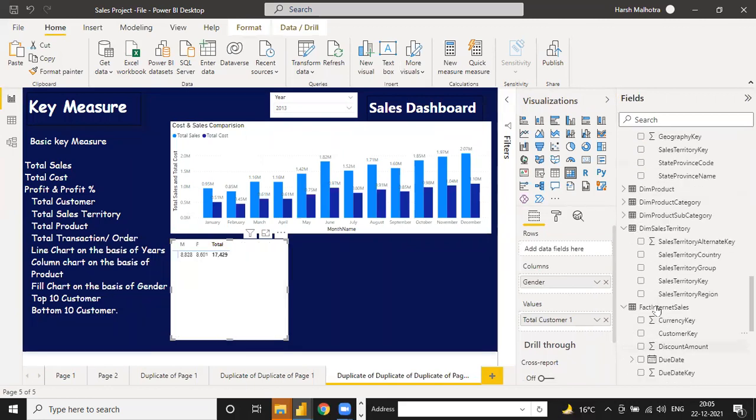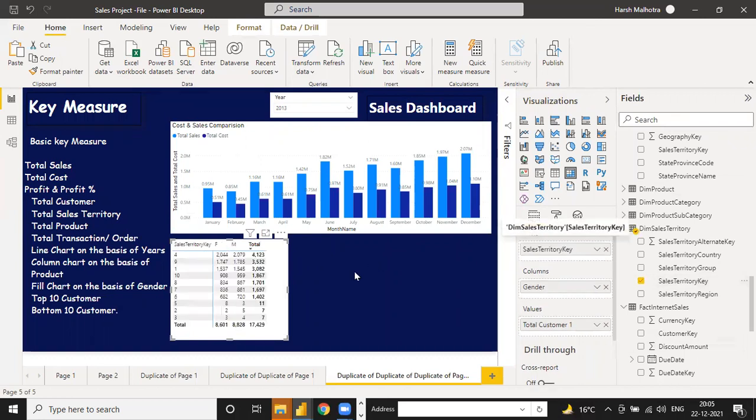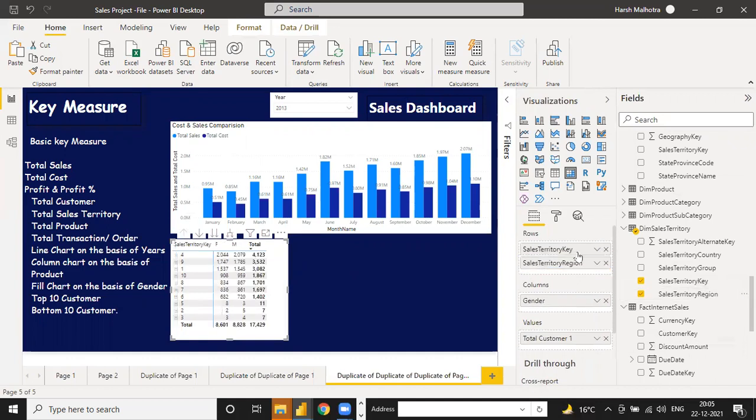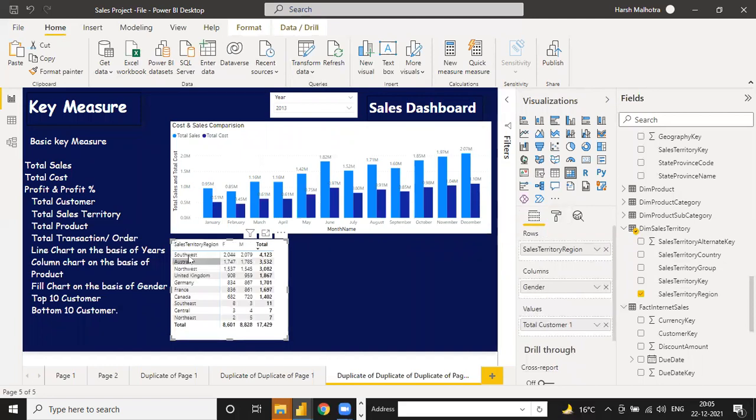Go to your sales territory header, this one, and the sales territory option is suitable for this. Like this one is, oh, sorry, region, because key is on the basis of numerical and region is on the basis of text, like Southwest, Australia, West, like this. And if you uncheck this on the basis of